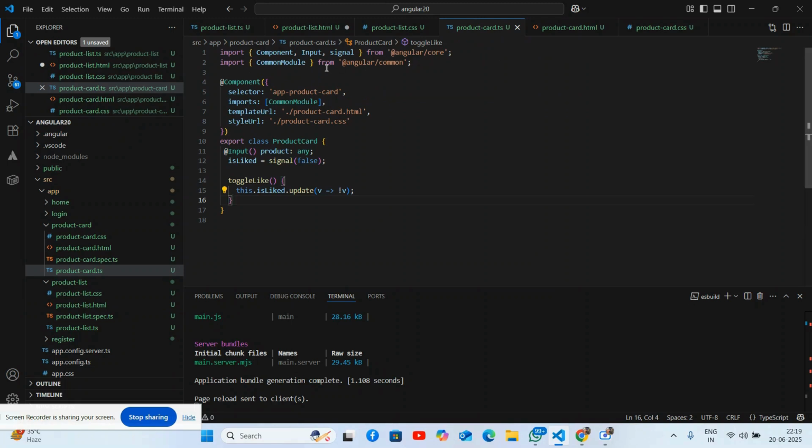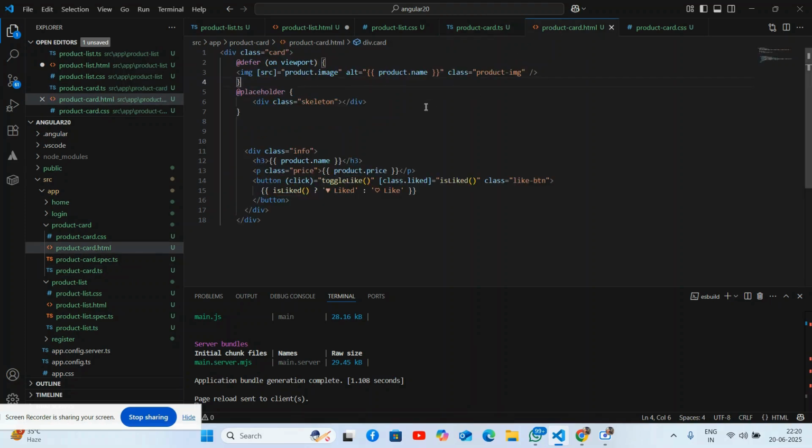See, inside it I have used input and signal. For input we use it to share the data exchange, and that we have also studied in the old version. And the signal, see guys, is to trigger the data updation as well. And here's my product card. See, and the new thing I have used is the defer and the placeholder, and this is the new thing in Angular 20. Now friends, the defer on view, this block wraps the heavy